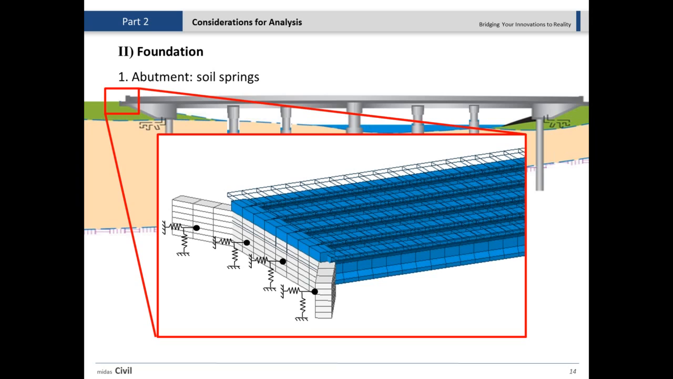Now we're going to go to the next part, which is the foundation. In this foundation, as we discussed earlier, we're going to talk about modeling the abutment, the soil springs behind the abutment, as well as the foundation itself, I mean the piles and pile groups. It's pretty important to model the abutment itself, as you can see is modeled right here. And more importantly, it's important to model the soil behind the abutment,